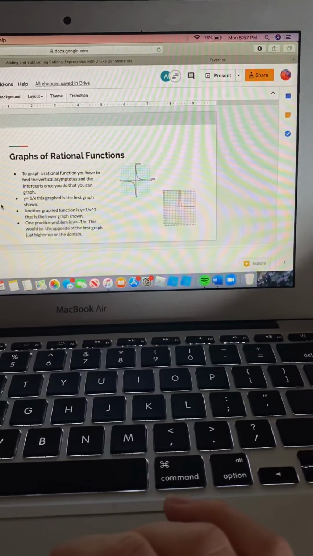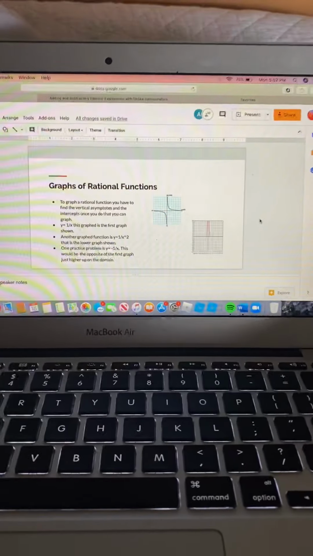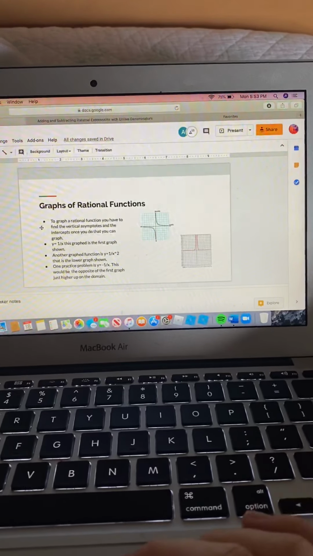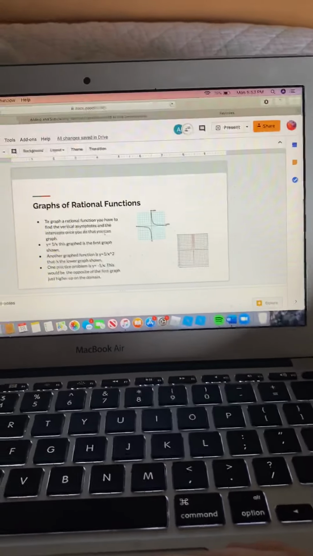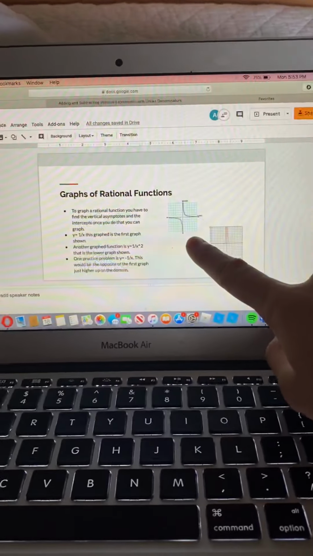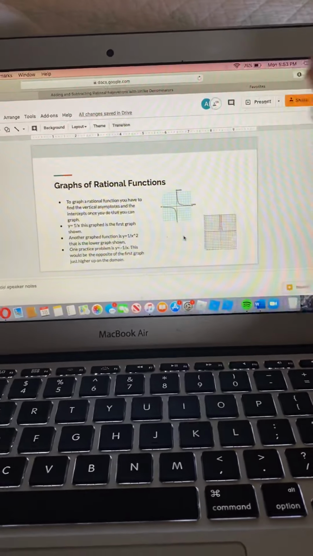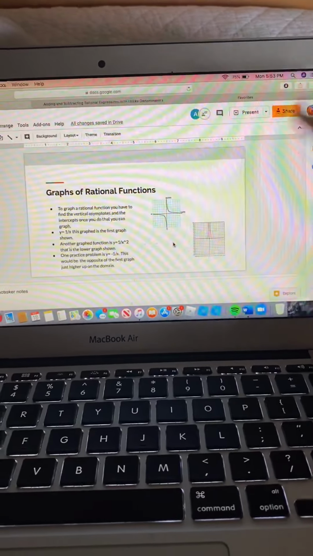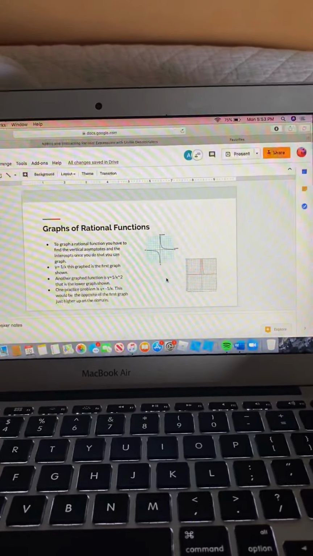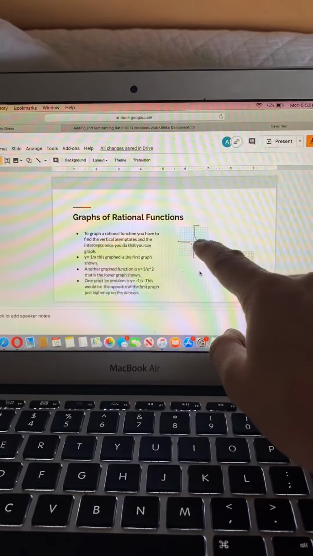So the first slide that I'm going to do, that I completed, was graphs of rational functions. To graph a rational function, you have to find the vertical asymptotes and the intercepts. Once you do, then you can graph. So this first graph over here is y equals 1 over x, which is graphed in this area. You have to make a table for your x and your f of x, which is your domain and range. And once you do so, you're able to graph it, which it should always end up like this, because